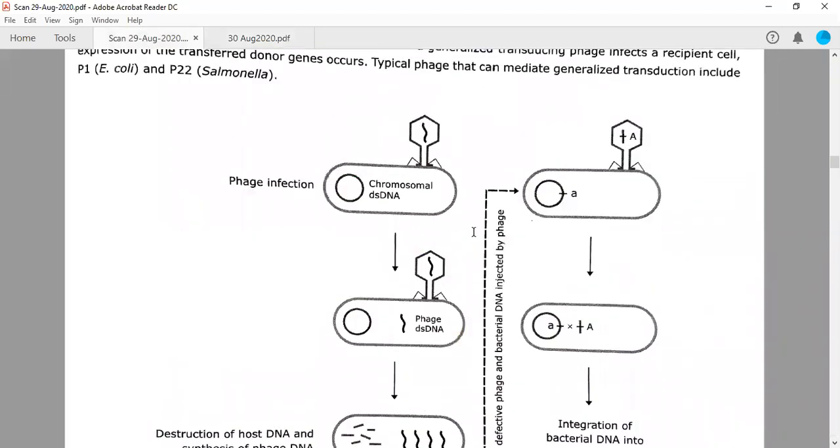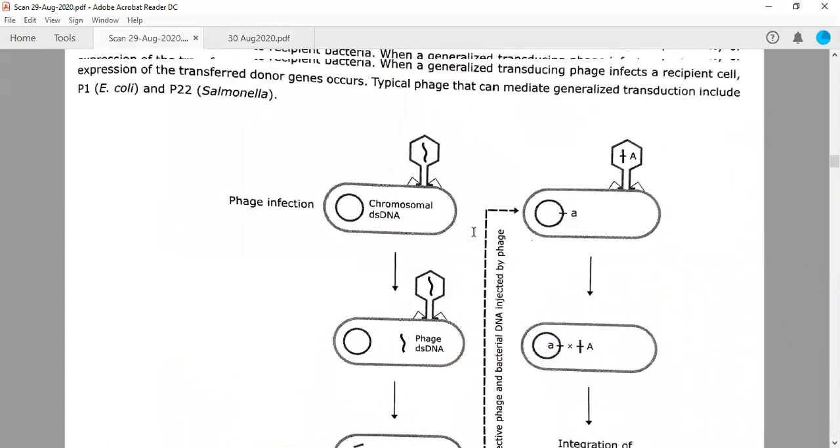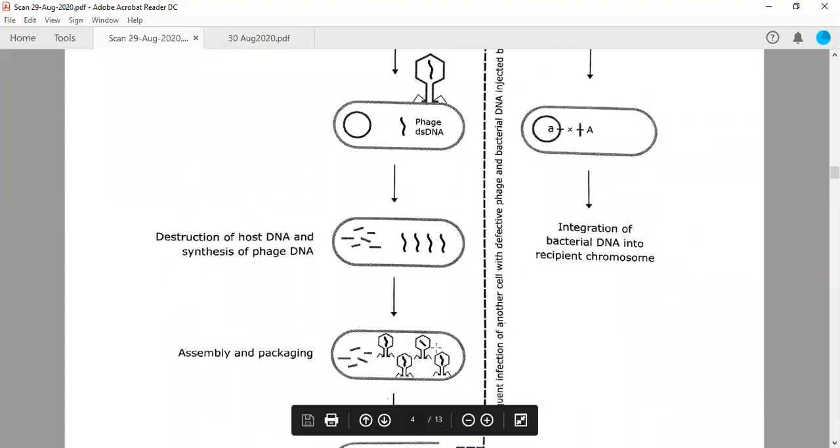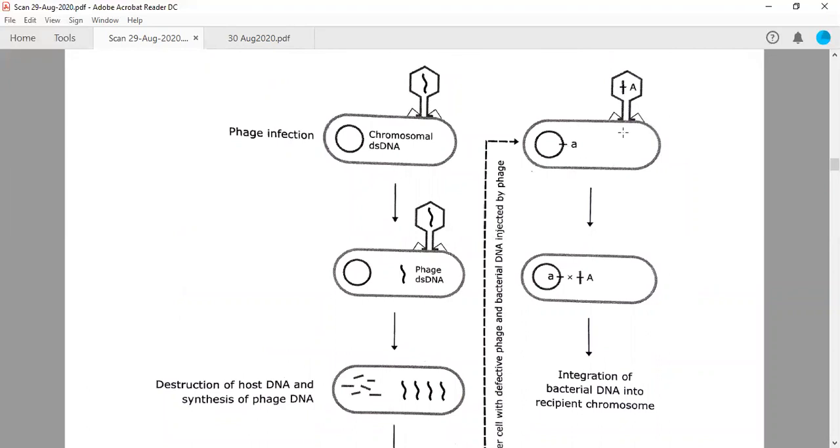I hope this diagram is very clear because it is showing with very much clarity. If you are having an old edition of this Pathfinder, I am having this as seventh edition, I think. In previous editions, this is wrongly drawn. In this particular edition, it is correctly drawn, showing that this particular genome of bacteria is able to assemble inside the bacteriophage. And when this bacteriophage is infecting a new bacteria, it will be able to integrate the gene inside the new bacterial genome.